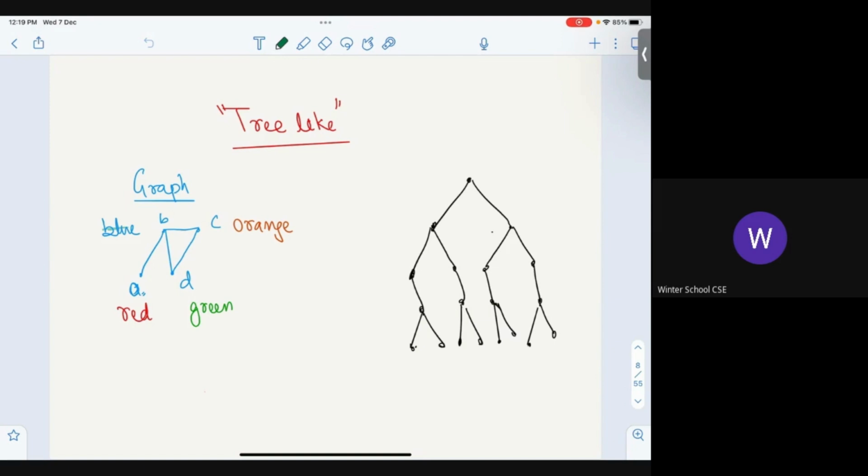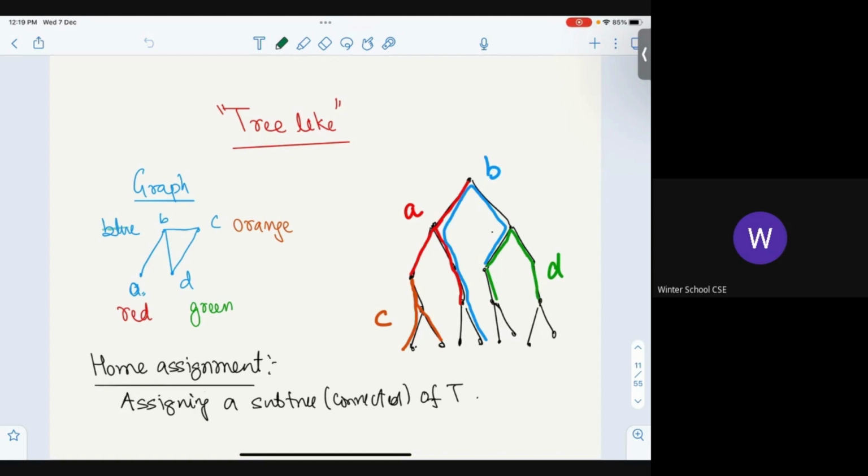You understand my point? So you cannot remove your hand from this drawing. Think of this on this tree: for this vertex, I'm drawing a home. I can go back and use the same edge, no problem. But once you leave this, you cannot come back. So what you will get is something of this nature. This is a red home. This is a green home. For D, I have drawn, and so on. This is what I'm going to call a home assignment.